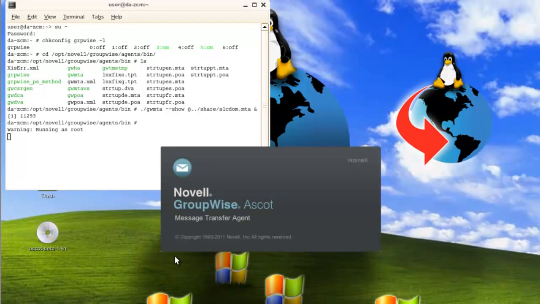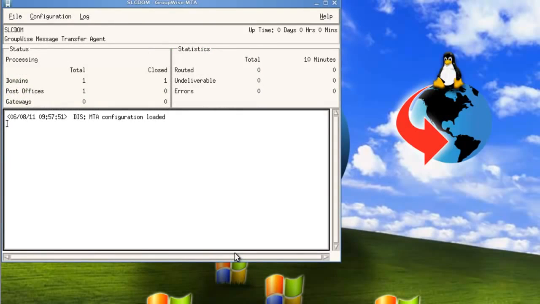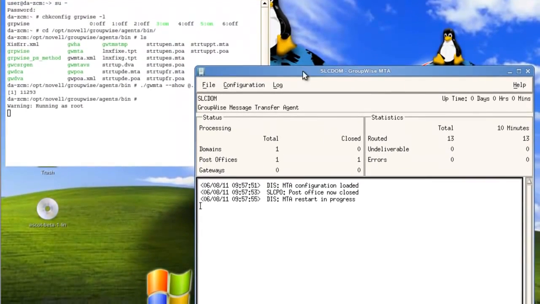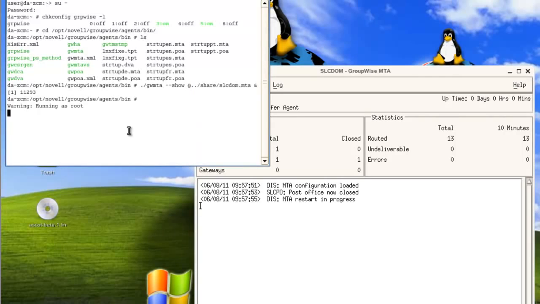We'll launch that off. We see the new branding come up, and we see our SLC DOM has now been launched. There are a couple of restarts that happened. There is a conversion of the databases from GroupWise 5.5 to the new version that we're running with Ascot. So if I select enter, now I want to do the same thing, and we're going to run the POA